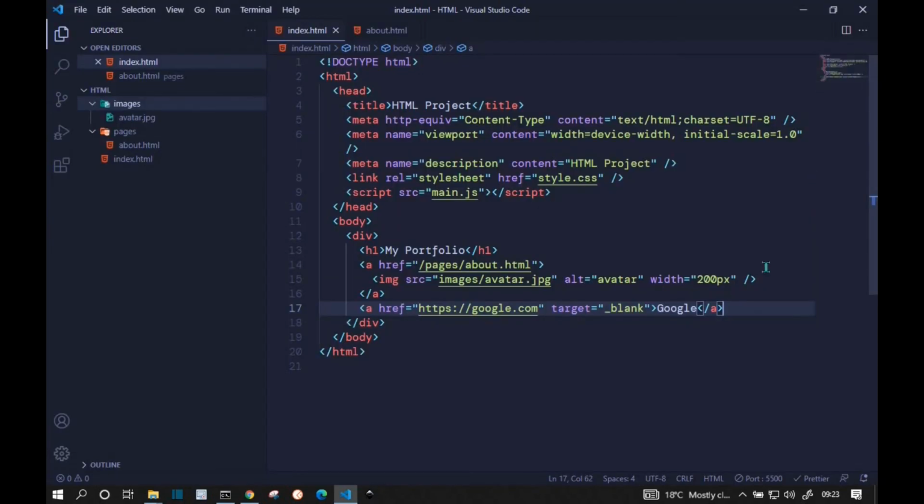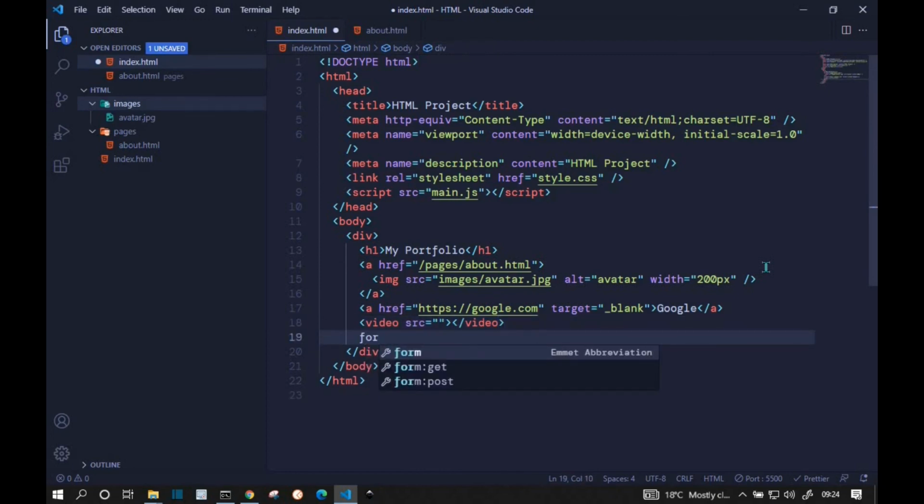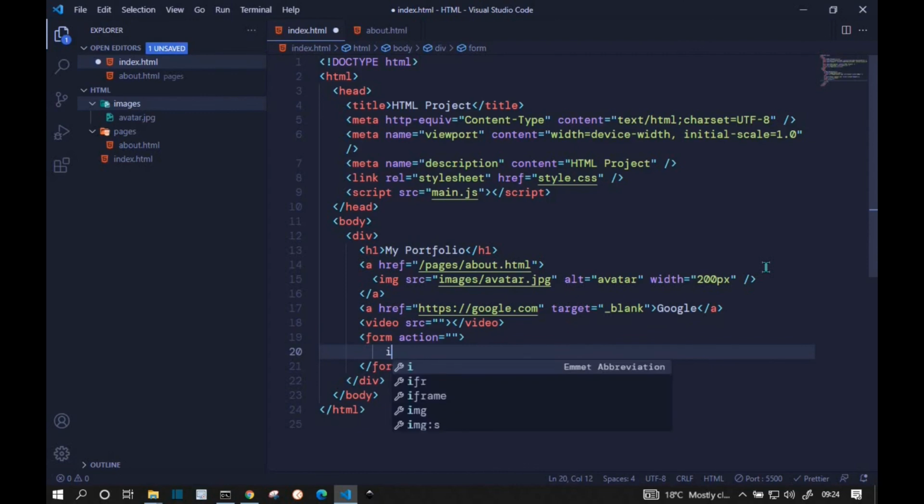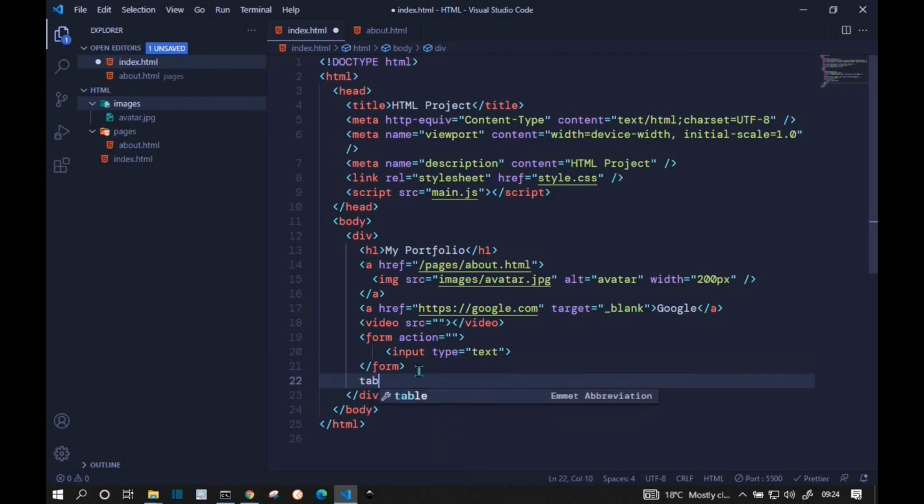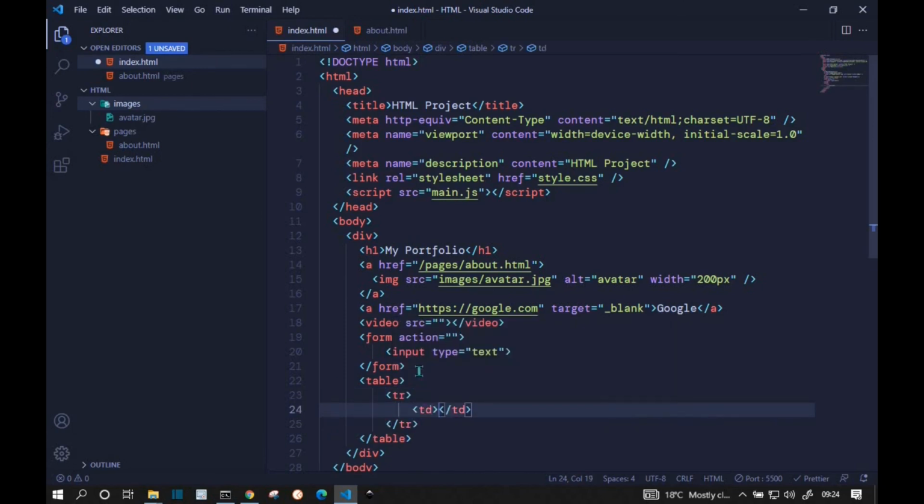So far I think we have used most tags that you may require to create a web page. There are more, but I won't go through all of them. So just to mention other tags that you can check out: the tags for adding a video, and then the tags for adding a form. So a form, we usually have a form tag, and we can have a bunch of input tags right there. And then you can check a tag of adding a table, but I won't go through these tags. So for table, you can add a table row using tr, and then you can use a td to add some data in there. So that is it for this video.